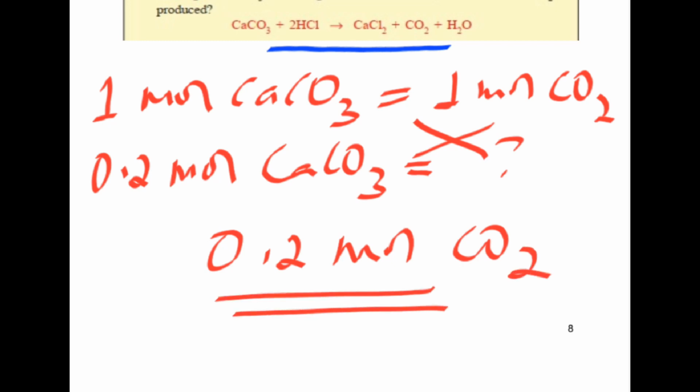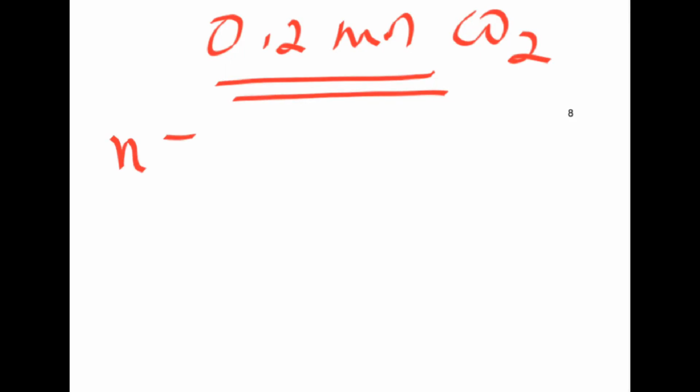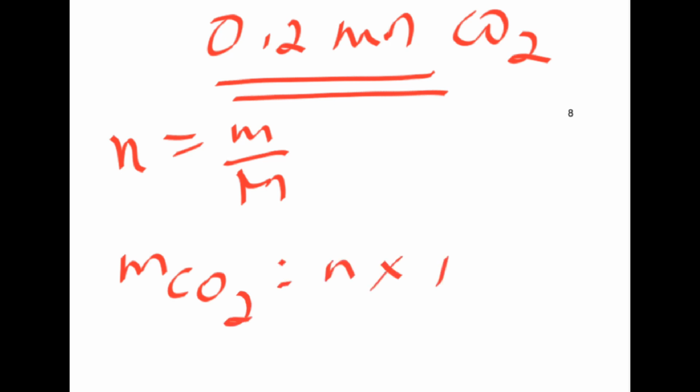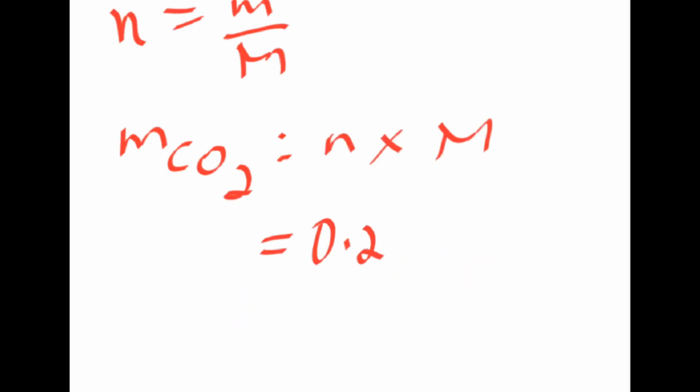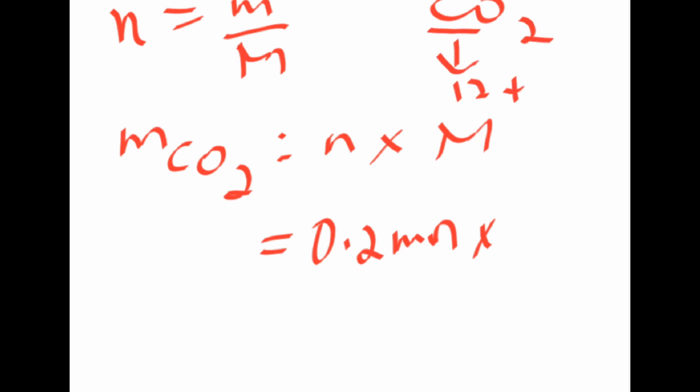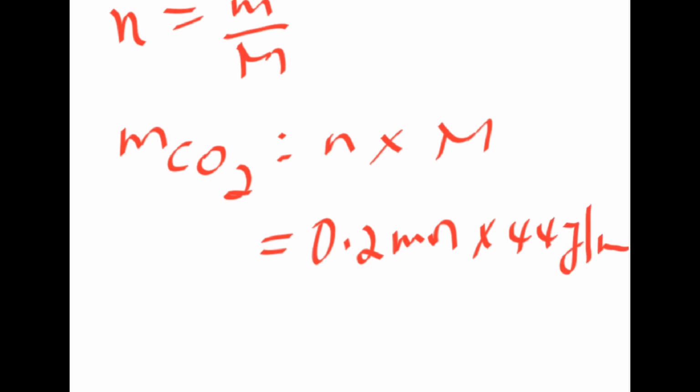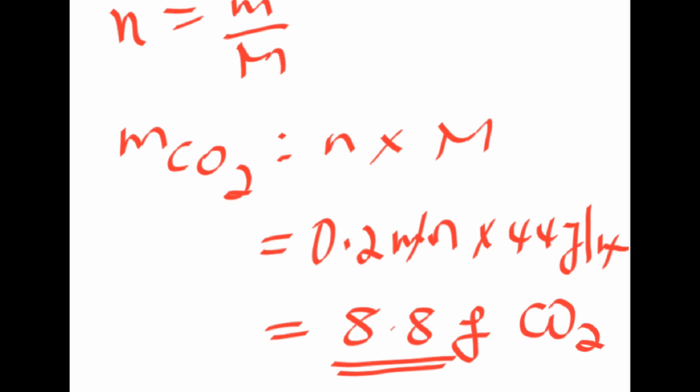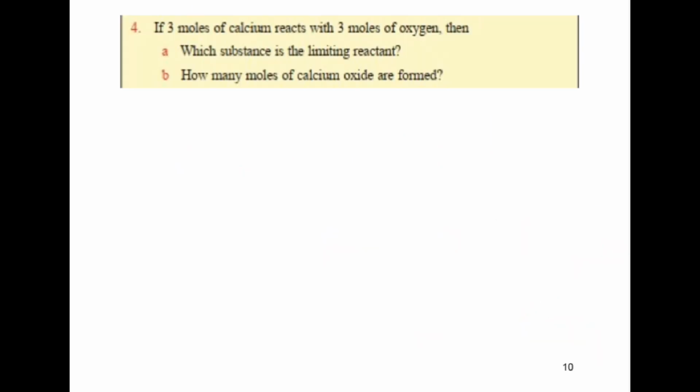ይሄ በሞል ነው። ስለዚህ በማስ እንቀይረዋለን ማለት ነው። ሞል ማለት ማስ ኦቨር ሞላር ማስ ስለሆነ mass of carbon dioxide ማለት ሞል ሲባዛ ሞላር ማስ። so ሞሉ 0.2 mole times molar mass of carbon dioxide, የካርቦን ዳይኦክሳይድ ሞላር ማስ የካርቦን 12 ነው ፕላስ የኦክሲጅን 16 ጊዜ 2 32 44 ማለት ነው። 44 ግራም ፐር ሞል። ሞል በሞል ይጣፋል። ስንት ይሆናል ማለት ነው? 8.8 grams of carbon dioxide are produced ማለት ነው።